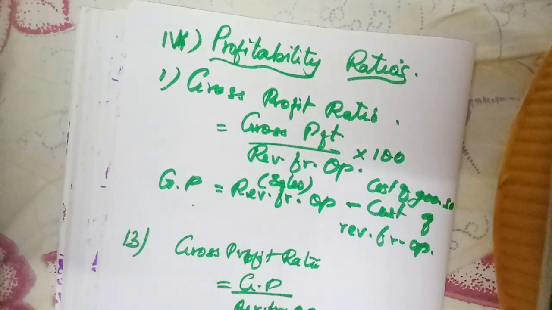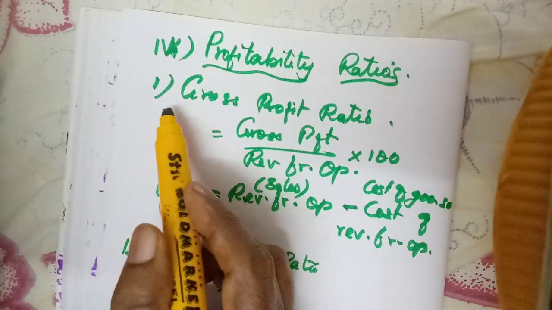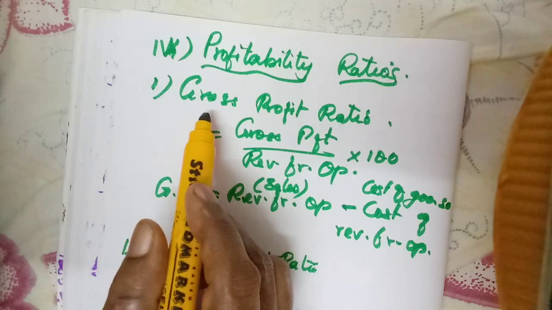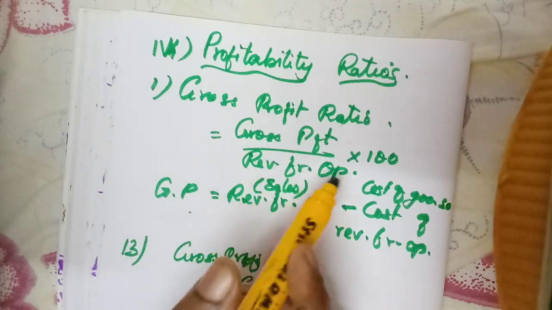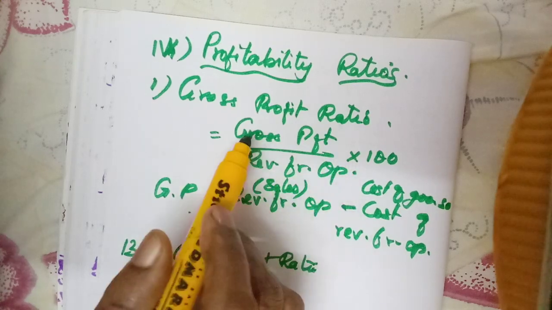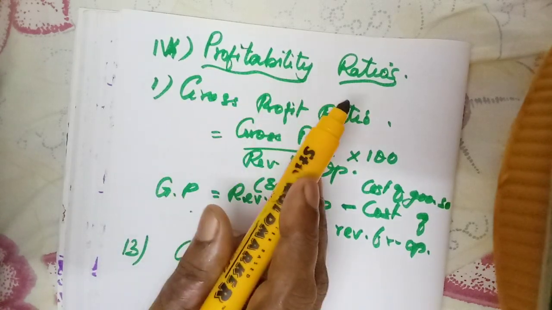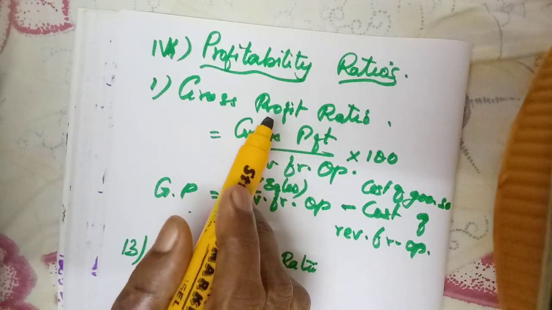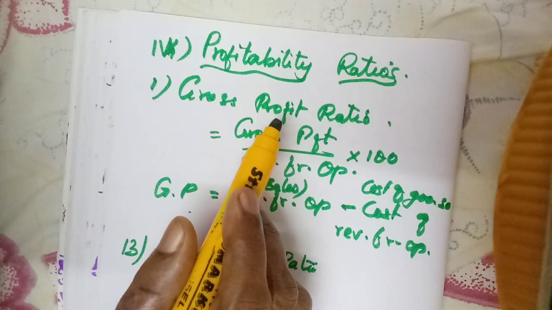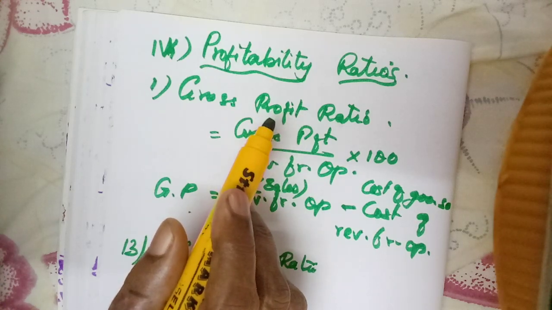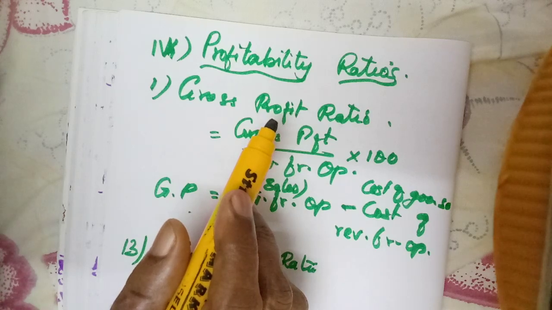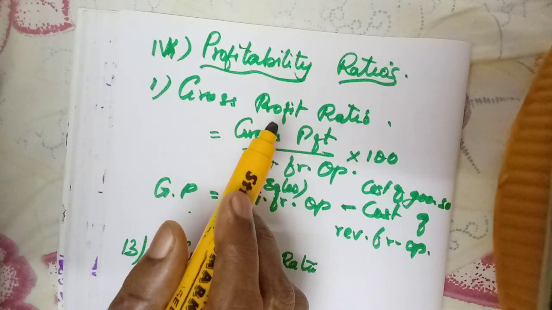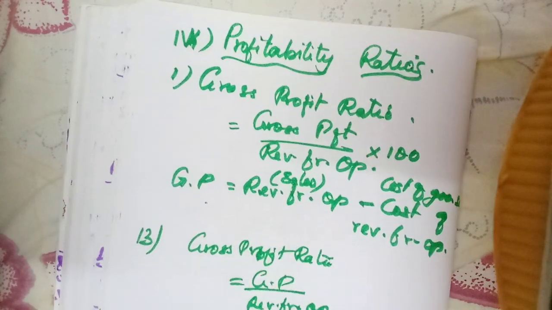Today we will learn the profitability ratios, the last part of this ratio analysis. The first one is the gross profit ratio. Here the gross profit is compared with the revenue from operation. The profitability ratios are calculated in percentages, I have told you already, isn't it? The turnover ratios are given in times, and the first two ratios, the liquidity ratios and the solvency ratios, are calculated only as proportion ratios. For one word they may ask this, so try to understand that.